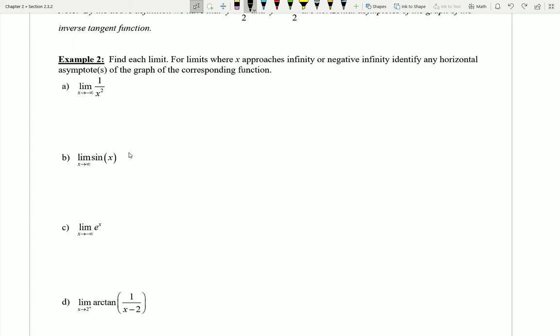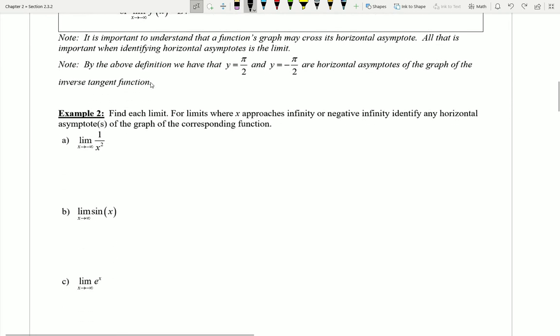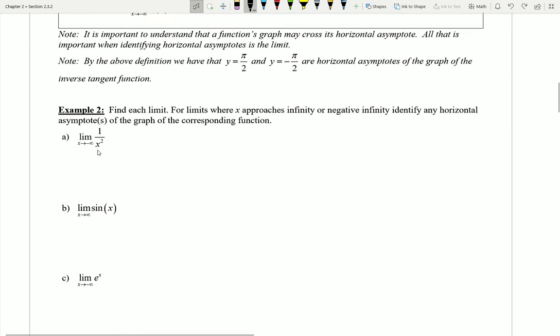All right, so hopefully you took some time there to actually go ahead and practice by trying each of these questions. Let's take a look at each of them and see the way that we can approach them. Now, this first one here is actually very similar to the previous example that we had, where we were dealing with 1 over x. Now, I could think about the graph of this function 1 over x squared, but I might also note again that if my denominator, that value for x down there, is becoming extremely large but